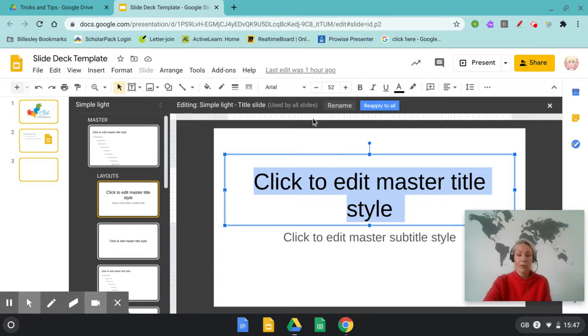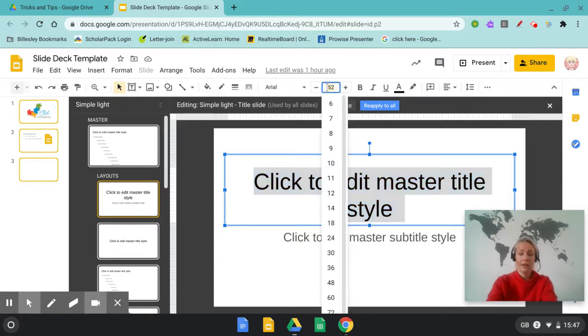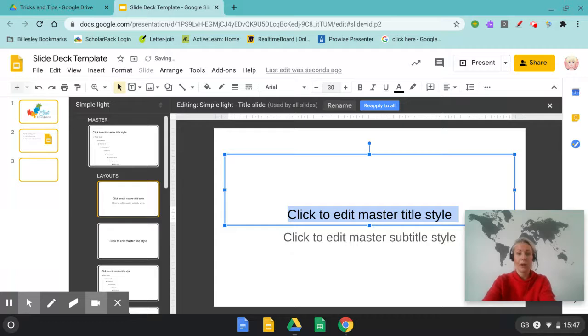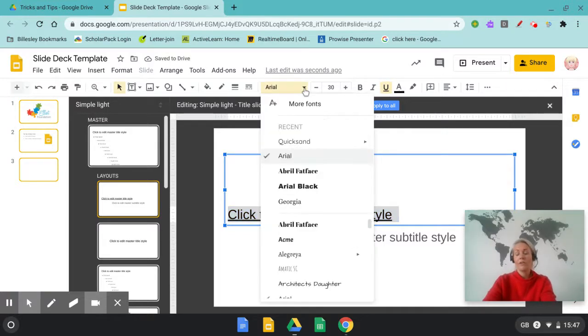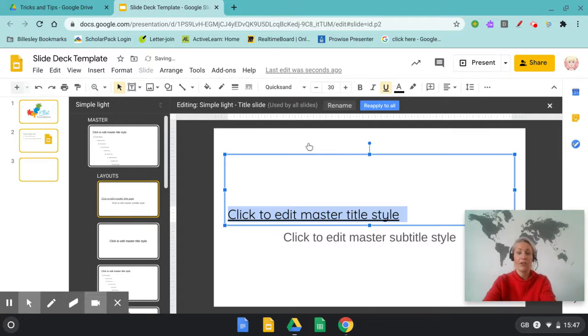So what I'm going to do in here is I'm going to change my sizing, and I tend to use about a 30 for when I'm displaying on the interactive whiteboard. And I'm going to left align, which is a personal preference, and underline. And then change the font. So all of our schools use different fonts. Some of the staff at our school use Quicksand, so I'm just going to change it to that